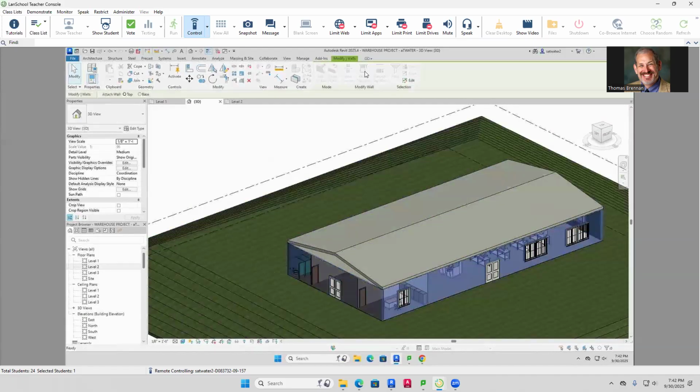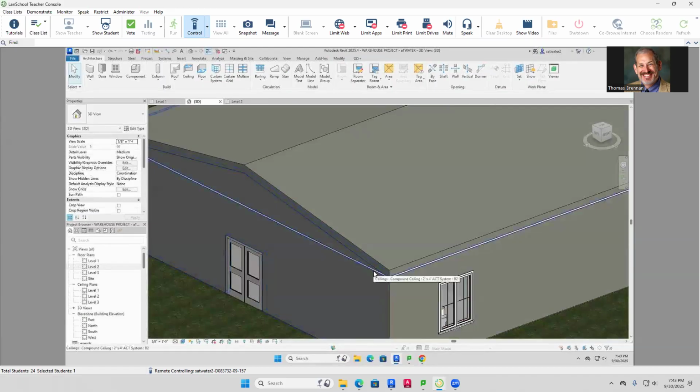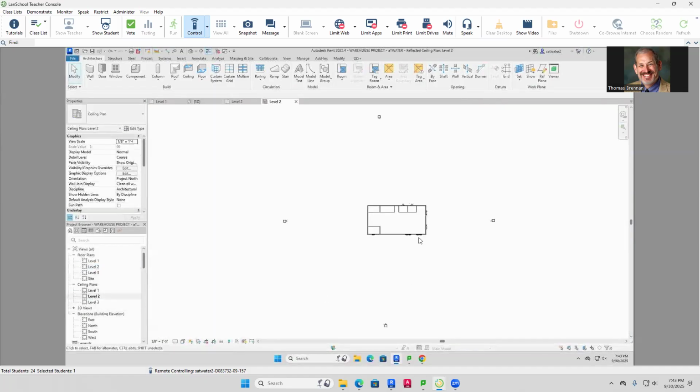And we'll just attach them. There you go. Now, one thing about this is you see how your ceiling is peeking out here? Ceiling should go to the inside corners, okay? So what you would do there is you would go to your ceiling plan for level 2, and you would